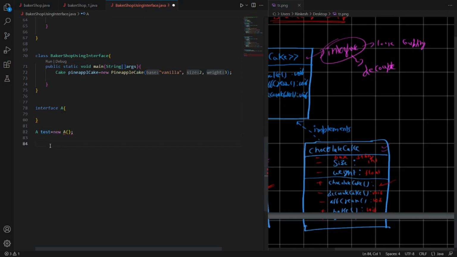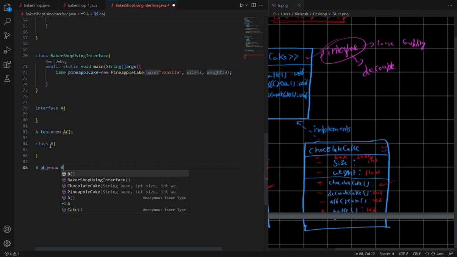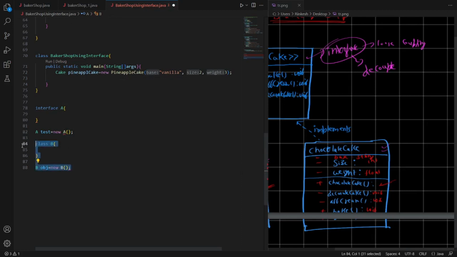Let me clear this up with one more example. Suppose we have class B, and we write B obj equal to new B. It is completely fine, because classes can have objects. An object is an instance of class B, but interfaces cannot have instances. So A test equal to new A is not allowed. But what if I write A test? It is allowed, because